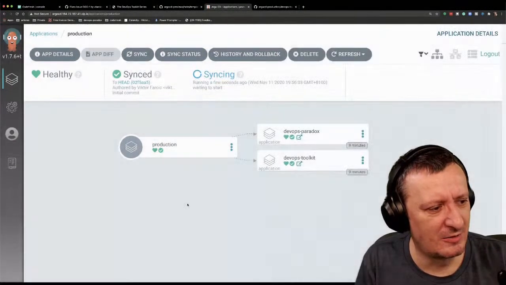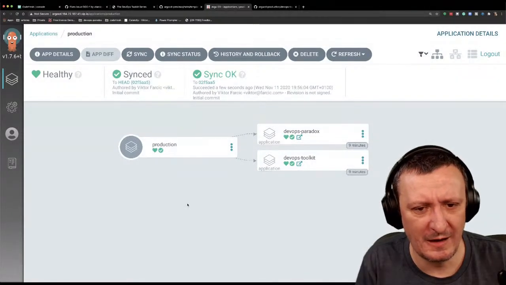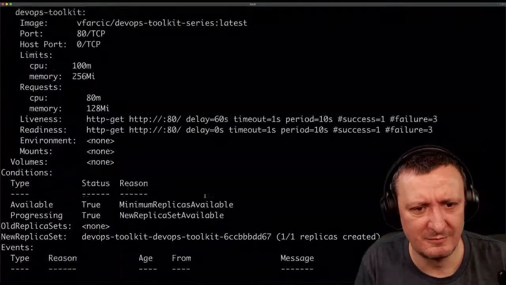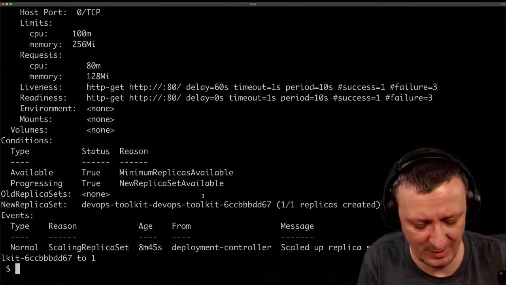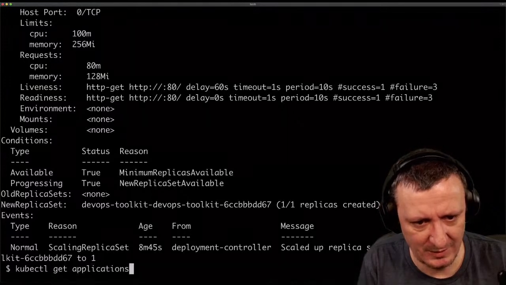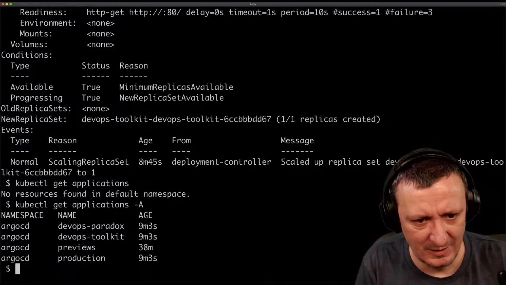Imagine that I didn't do that, that I synchronized automatically. And then it should work. No, not yet. I forgot to do something. I'm not sure. kubectl get applications. What did I forget? Dash a